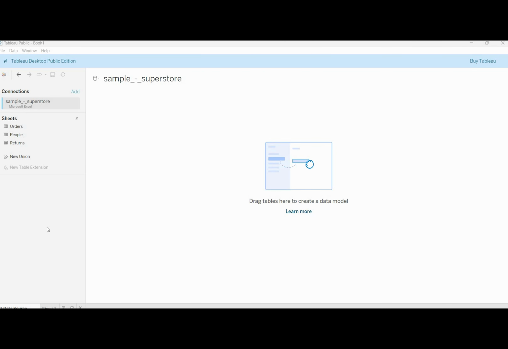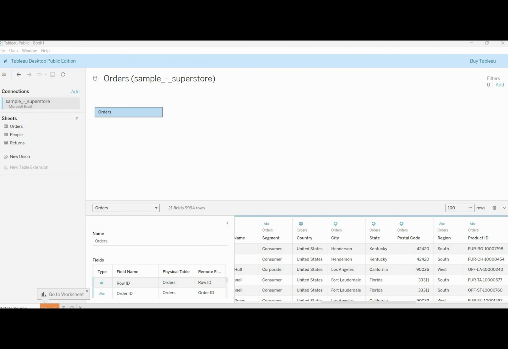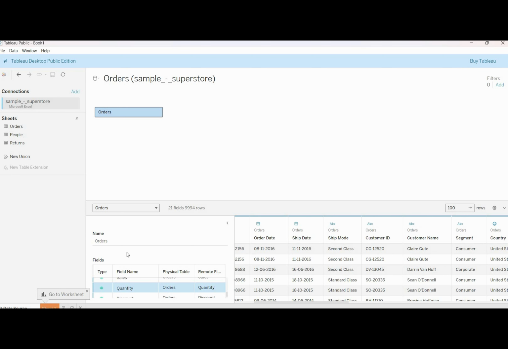Now we are going to play with the orders sheet, which has plenty of data. So drag it and drop it in the middle. And there you have it. Your data is loaded. Now before you dive deeper, let's quickly check what Tableau has imported. You will see all the fields on the left hand side, and on the right hand side you can see